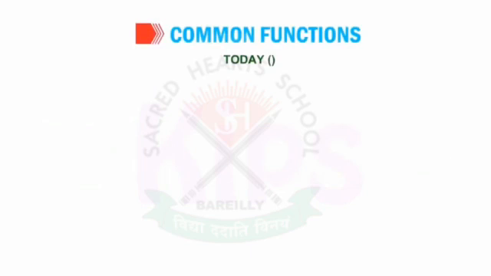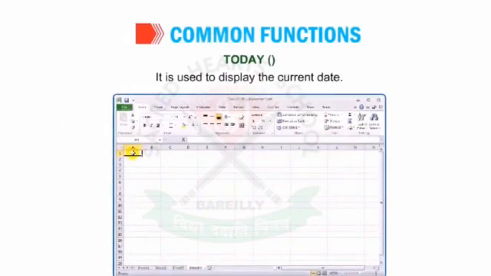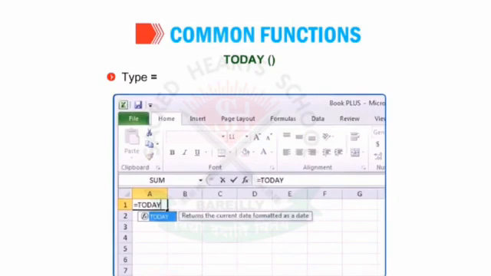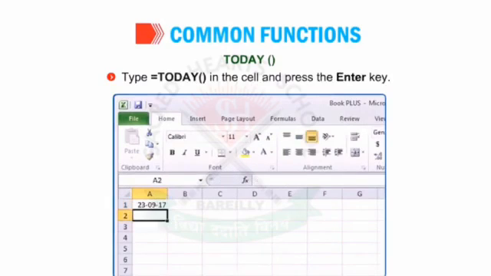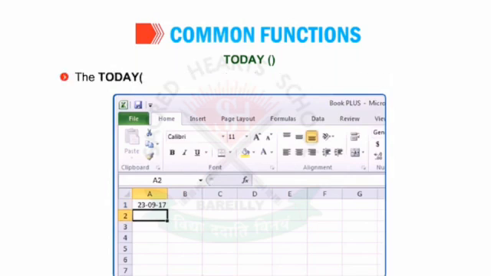TODAY(). It is used to display the current date. Type equal to TODAY() in the cell and press the Enter key. The TODAY() function will display the current date in the selected